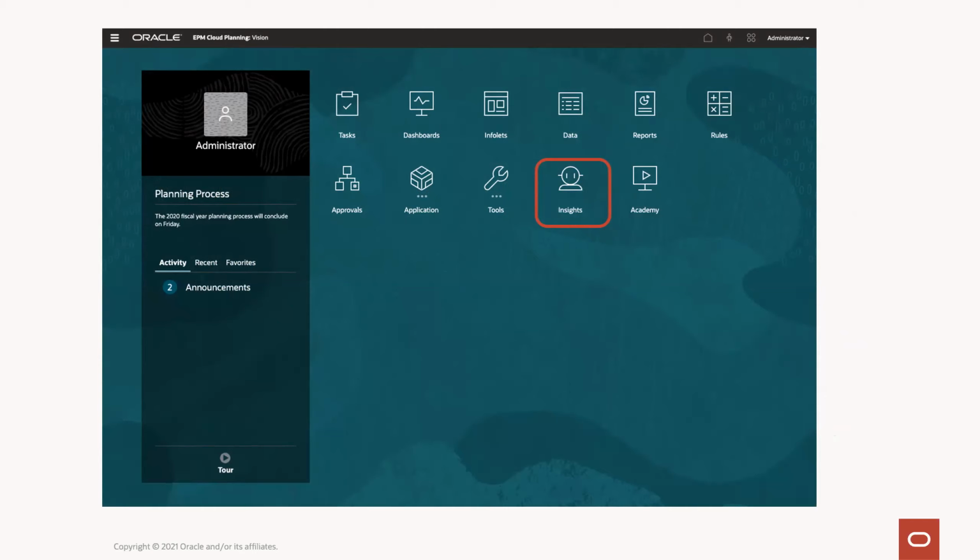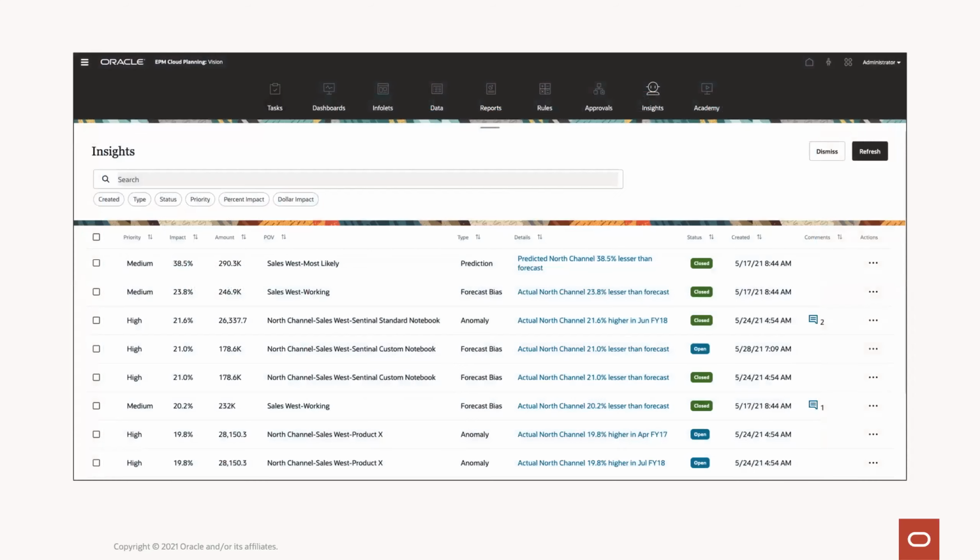But starting on Friday, you'll have a new Insights capability available that you can configure and turn on as an administrator. What that allows you to do is tune the materiality of the insight engine, and you can enable the specific insights for slices of data that you're interested in. So now when your users view this dashboard, as new data is loaded into the system, it finds all the things like new prediction insights or forecast bias or anomaly.